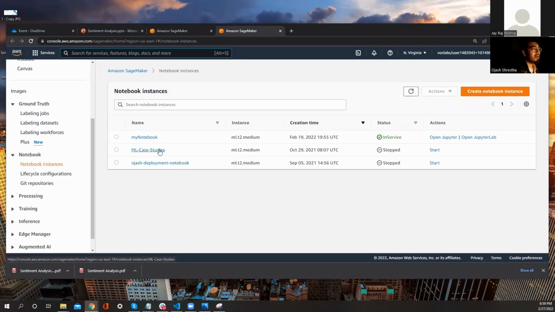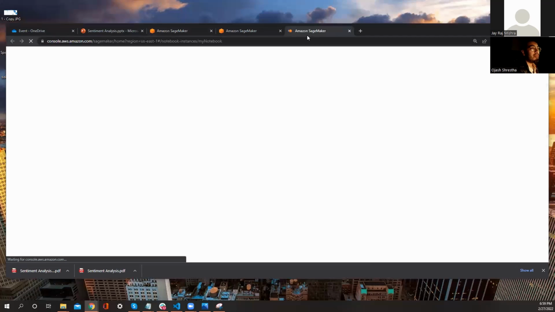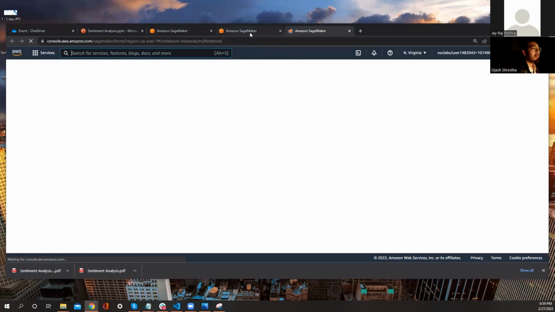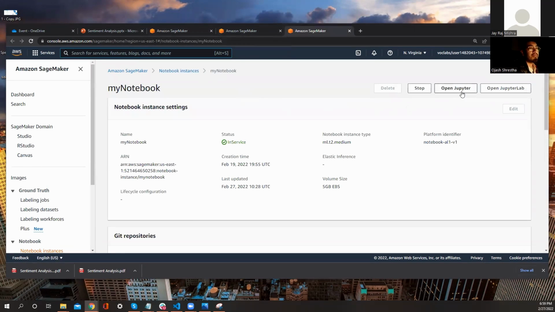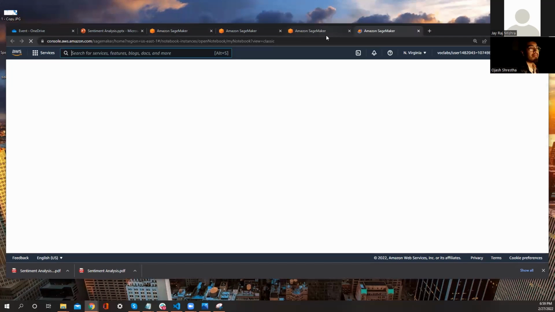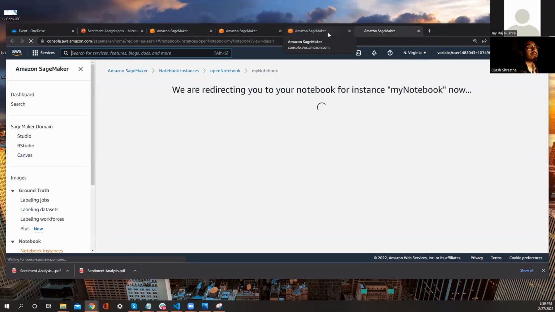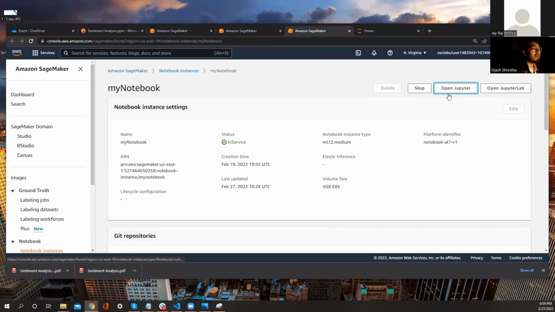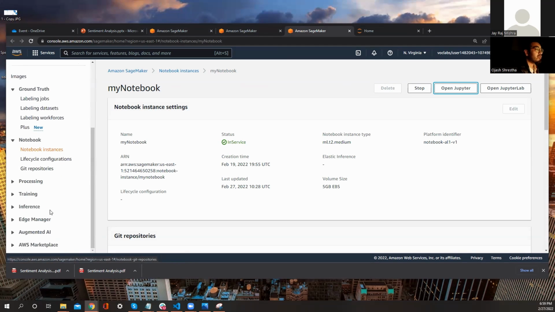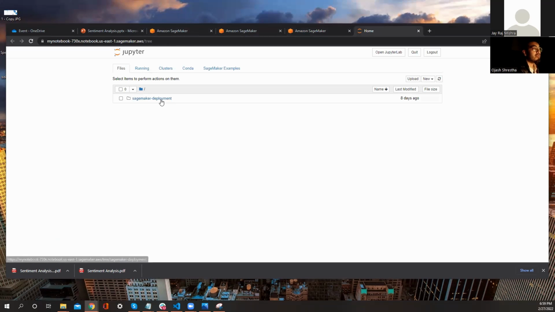I've created a notebook called my notebook, and it's in service right now. In this notebook, I have different web apps, different documents, and different notebooks. This is where Jupyter itself is embedded into Amazon SageMaker. So these notebook instances give you the functionality to run your Jupyter notebook in Amazon SageMaker itself, right?